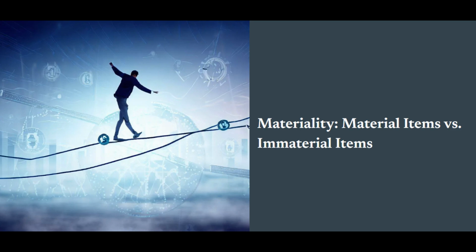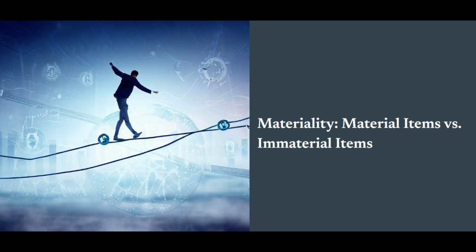Industry context is also vital. Some industries have higher standards for what constitutes material information. In tech, for example, rapid changes in revenue can occur, and what seems like a minor adjustment might actually be a significant indicator of a company's health. Finally, we must consider the needs of the stakeholders. Are they sophisticated investors who can parse through complex financial statements, or are they everyday individuals who need clear, concise information to make decisions?